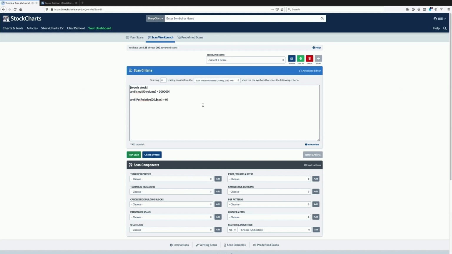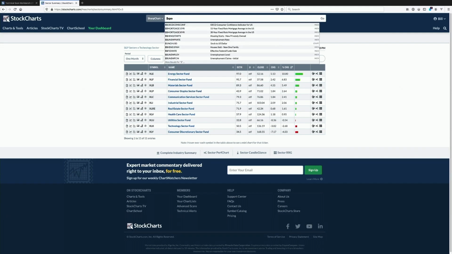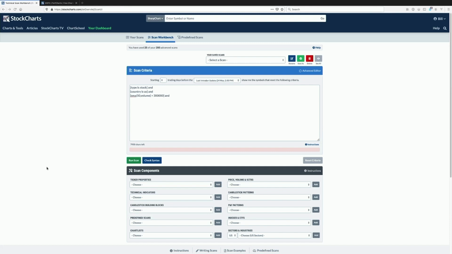So what we've done previously, there were ways to do this. It was a lot clunkier. What I used to have to do years ago, before I even joined StockCharts and I was a user, if I wanted to find outperformance, I would have to switch over to another window here. I'd have to say, okay, well, let's look up $SPX. So we would take our number that we got from the perf chart and we can bring it over here,